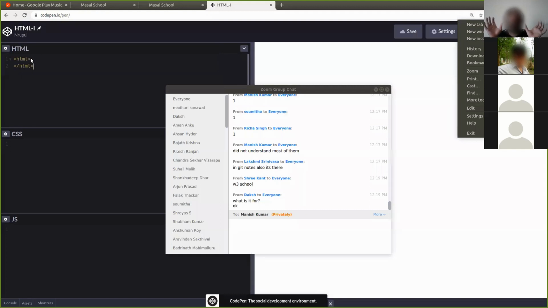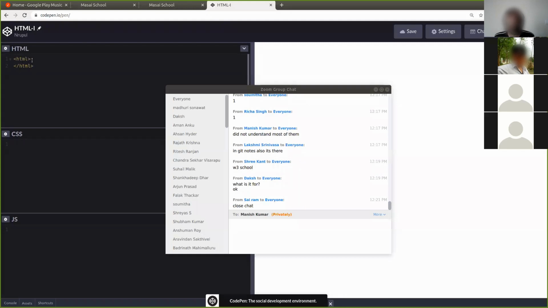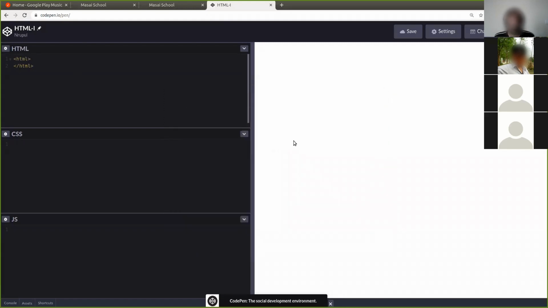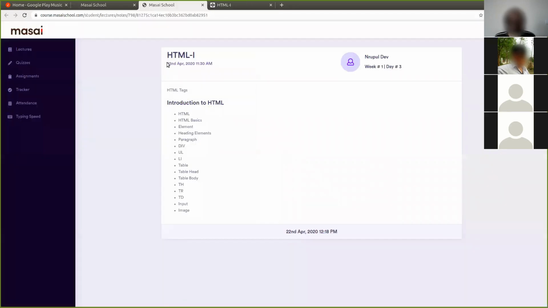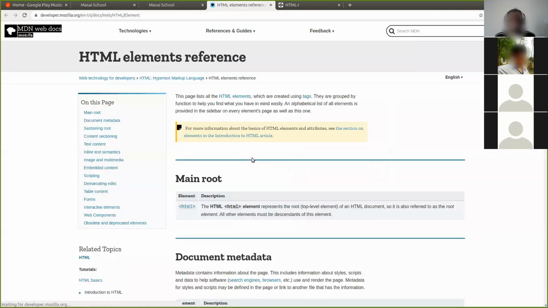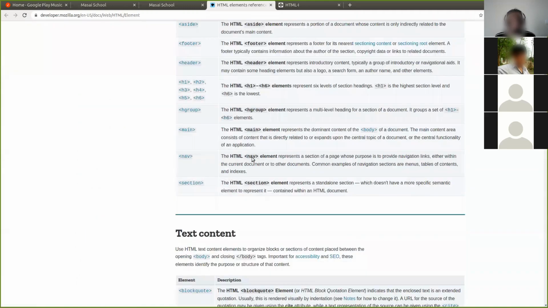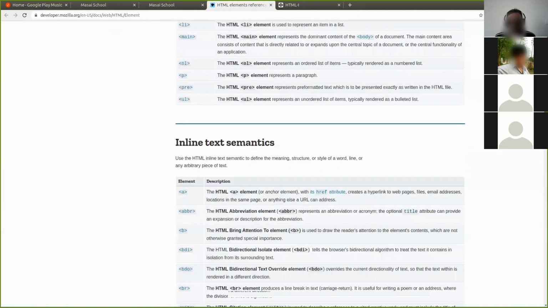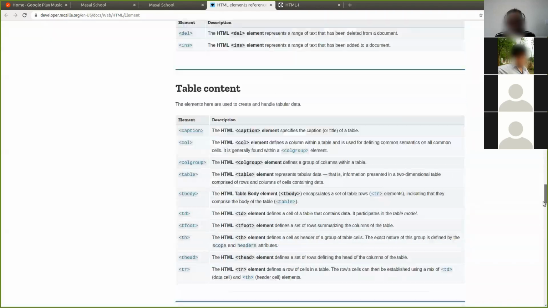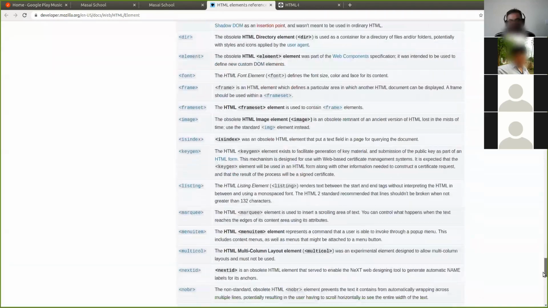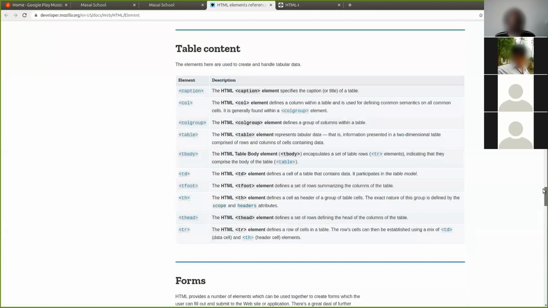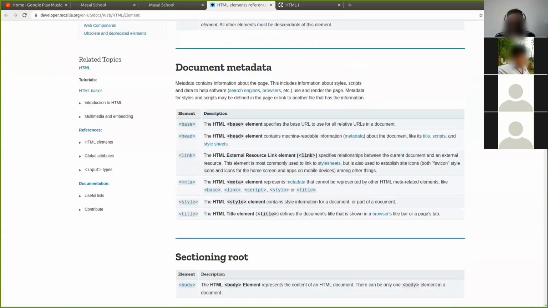Like I said, opening, closing. So this is the opening syntax. Anything that has a left arrow, right arrow, and has any of these special elements which HTML understands, these are the HTML elements. So these are all the possible elements which the browser understands. You need not remember all of them. You can refer to them.